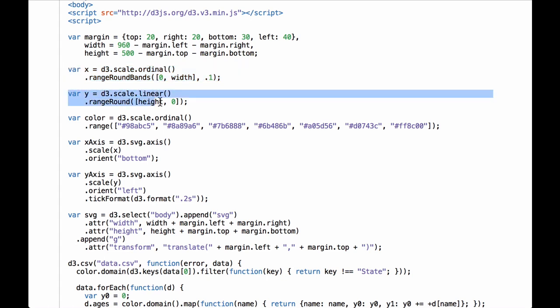Next, we have a scale linear function for the y-axis data. This code will create a scaling function where the range goes from the height of the inner drawing space to 0. The height and the number 0 are reversed so that numbers passed into the scaling function will be converted to numbers that act as if the SVG coordinate space had been inverted along the y-axis. The range round sets the scale's interpolator to D3.interpolate round, which makes values outputted by the scale to be exact